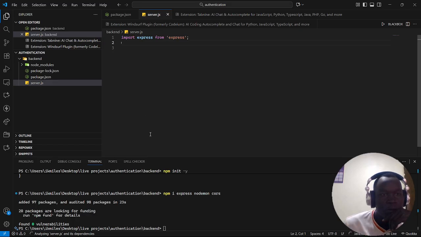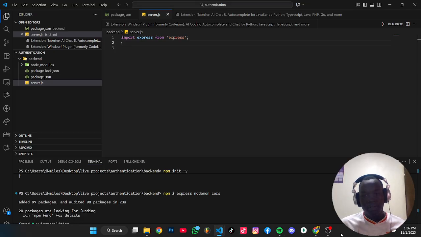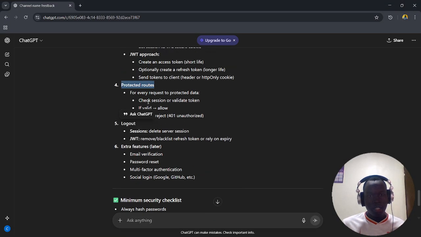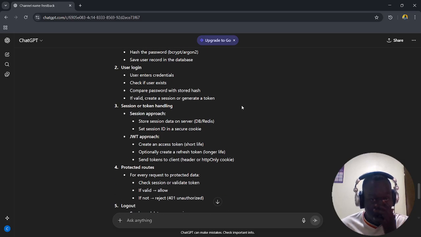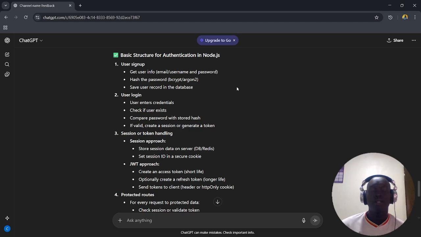Here we're going to be creating an authentication system whereby we listed the things we needed here for our project. So here we needed a project structure of how we're going to build the authentication system using Node.js. So what we are going to do here, as we go through it, is we need the user to